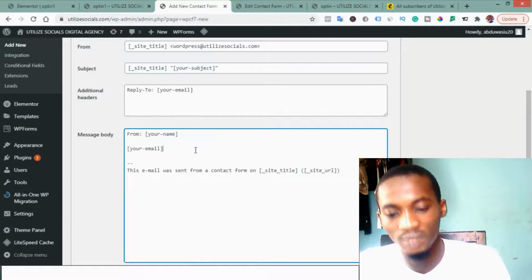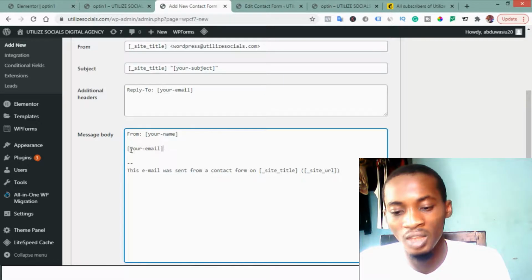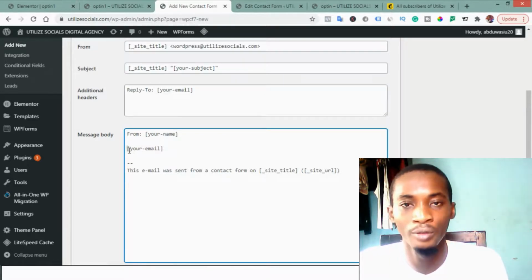What this message body means is that whenever someone fills the form, you are going to get a message that someone has filled the form. It is you that will now design the message the way you want it to be. So let us assume I want to get a message from that form. What I will just call it is maybe